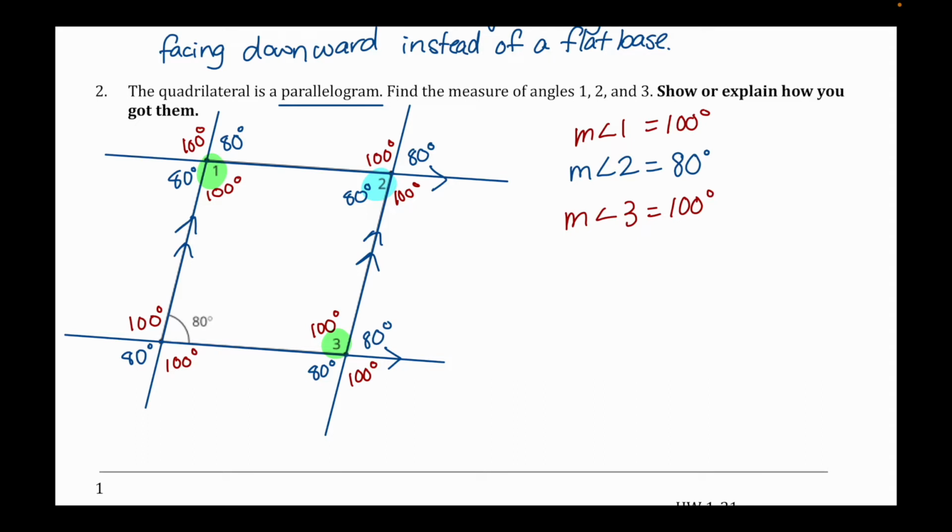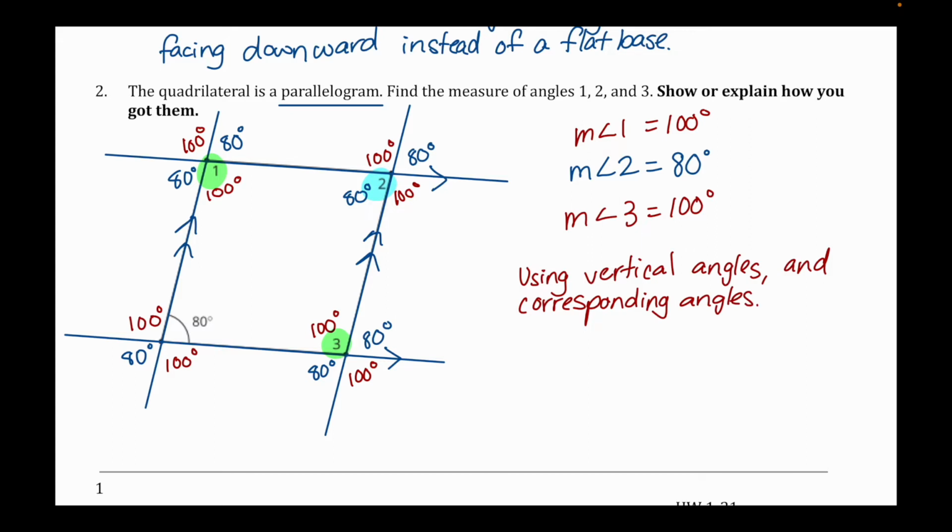So that would be using vertical angles and corresponding angles. Also, if you just drew the extended lines, that would be a good way of showing me how you got those things. But we basically use vertical angles and corresponding angles. You don't really need to use alternate interior ones, but vertical angles and corresponding angles